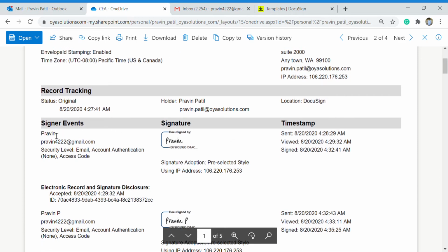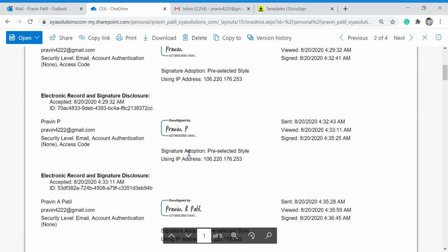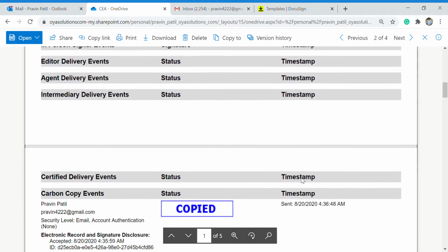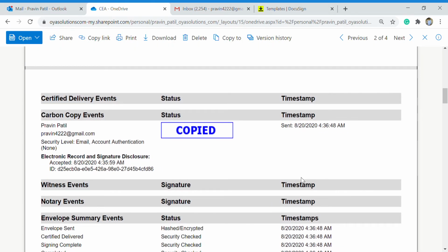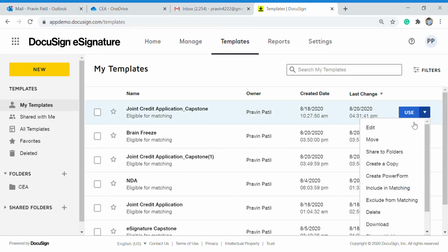First it goes to the applicant. It also shows what time it was sent, viewed and signed by the applicant, co-applicant and the credit assessor here. All the data will be available in the certificate of completion. Okay. So we can see here now the